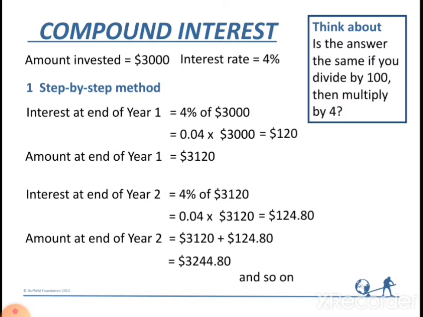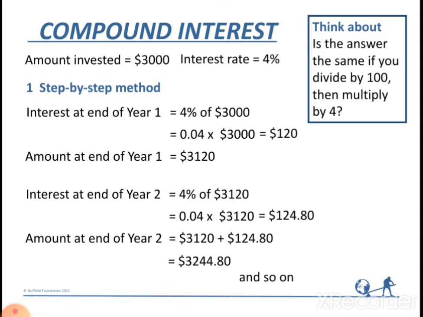The question is: amount invested is 3000 and the interest rate is 4%. The first step is very easy. Interest at the end of the year is 4% of $3,000. So 4% is converted into 0.04, multiplied by $3,000. If we calculate this, the answer will be $120. After 1 year, the amount will be